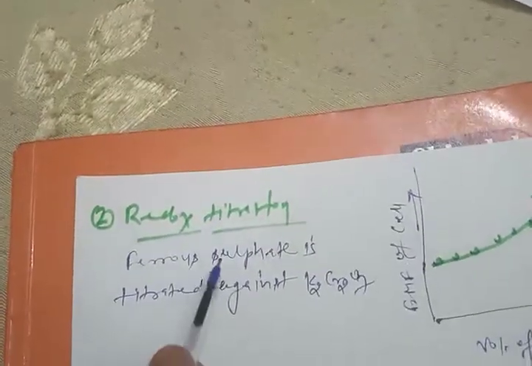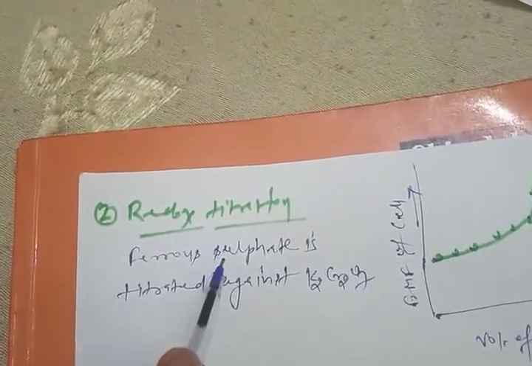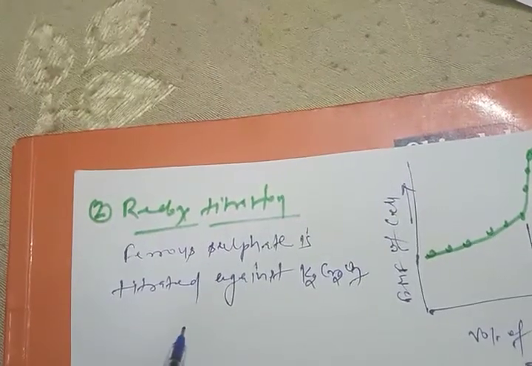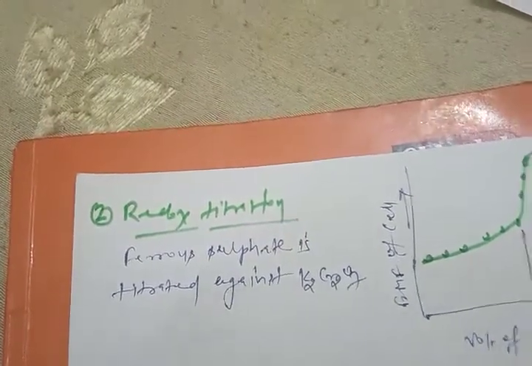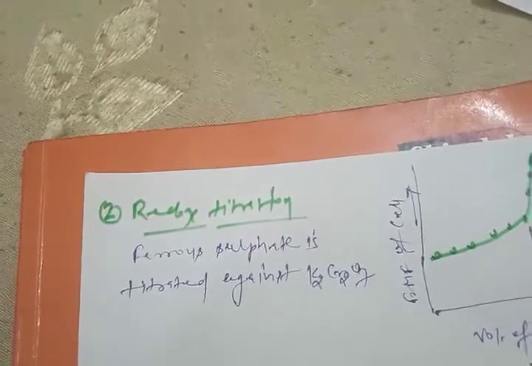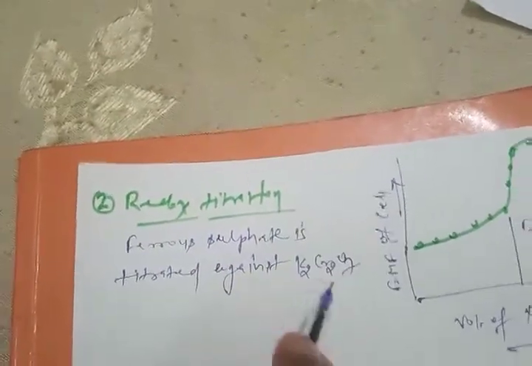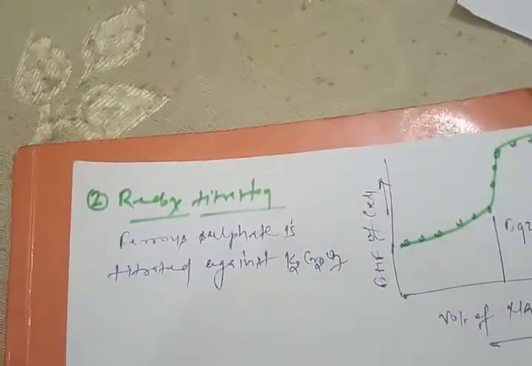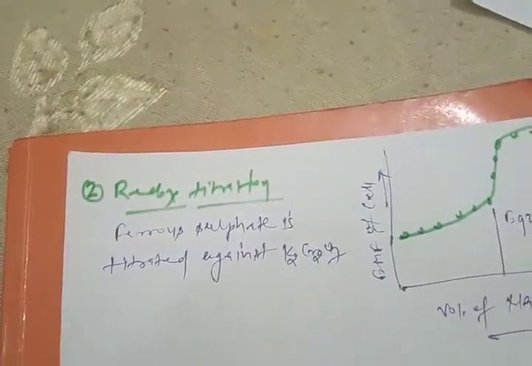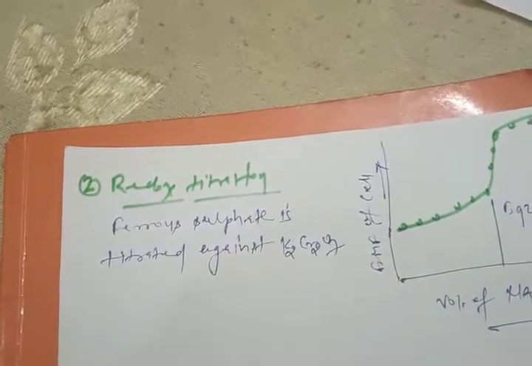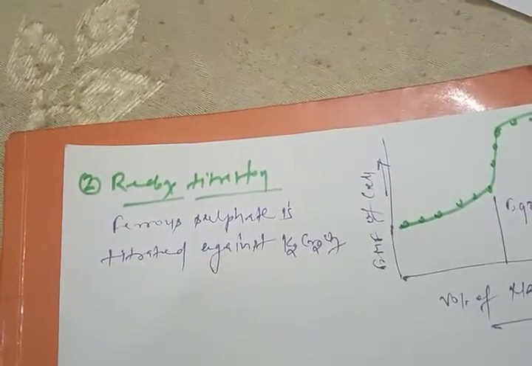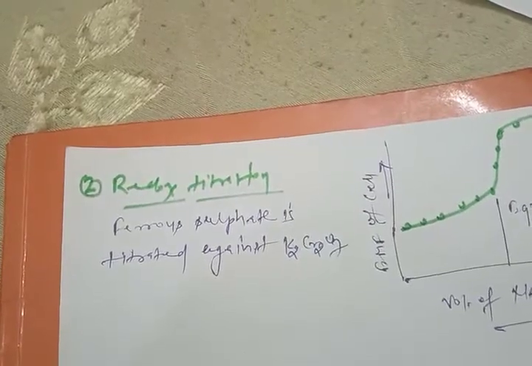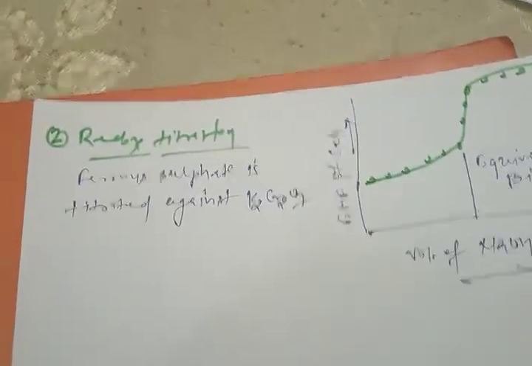So what we will take: ferrous sulfate is titrated, so ferrous sulfate will be taken into the beaker, and then again the same thing, a platinum wire you can take, so that the electrode is set up, and potassium dichromate is in the burette. Then this will combine with the calomel electrode, and we start adding K2Cr2O7 into the beaker, then the EMF will change, and the endpoint will be determined, just like in the other cases. So this is another example.